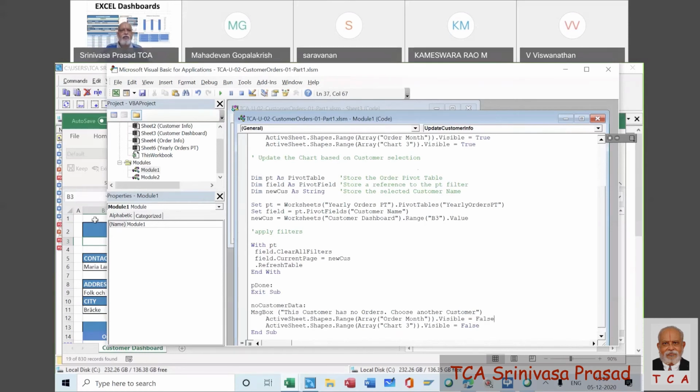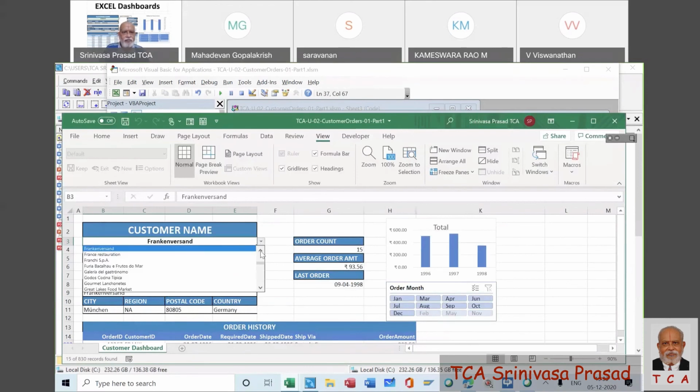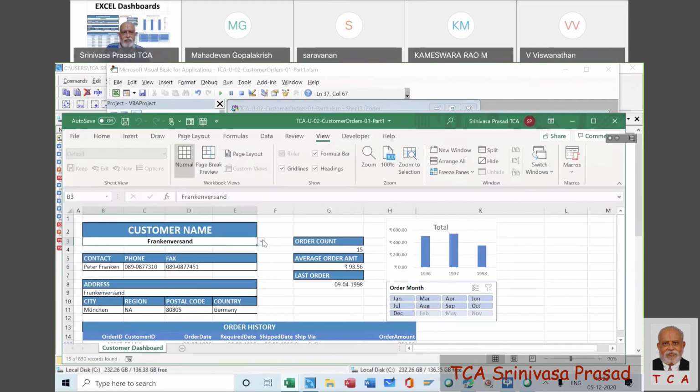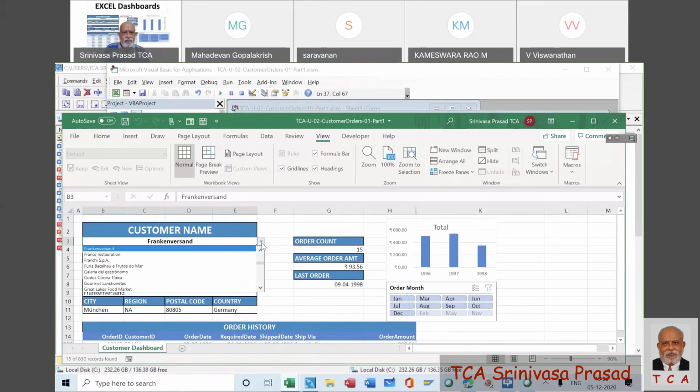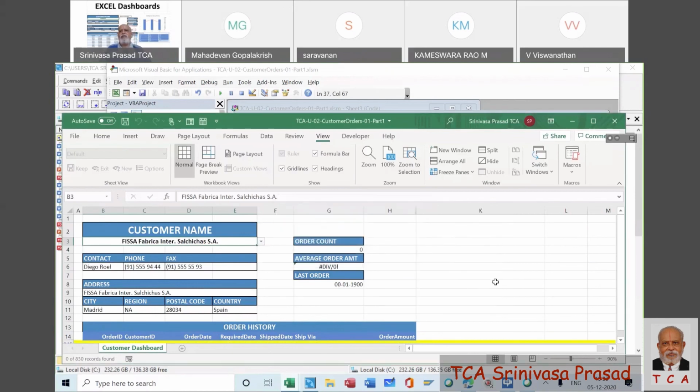So false means they will not be shown. Let's get back to some customer. The whole thing changes. We will go to some customer who doesn't have anything. Everything goes off. Is that clear?